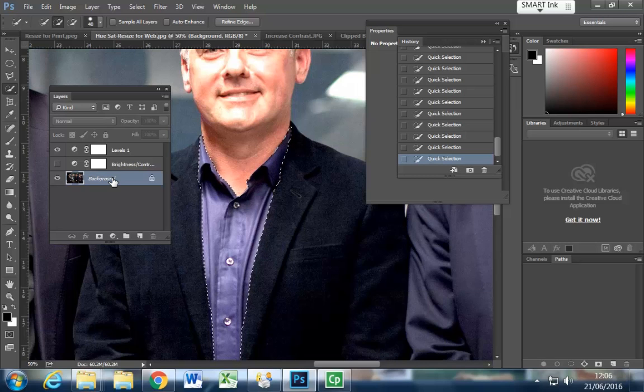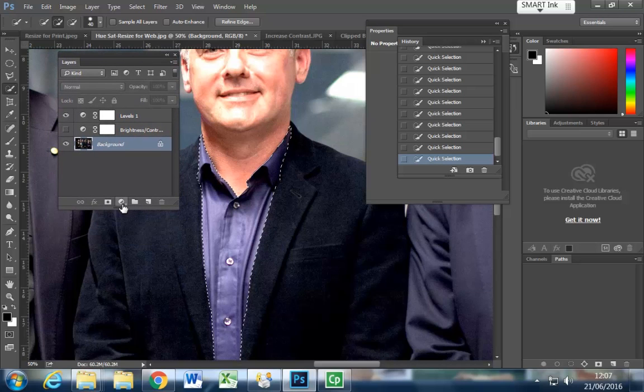Okay, so now we've made a selection. Making a good selection takes time, takes practice. We haven't got much time, so we'll go with the rough selection. But the trick is you don't need to get this perfect at the start either. You can come back and fix it later. So wherever your selection's at the moment, what we're going to do now is make a new kind of adjustment layer. So go to your layers palette,